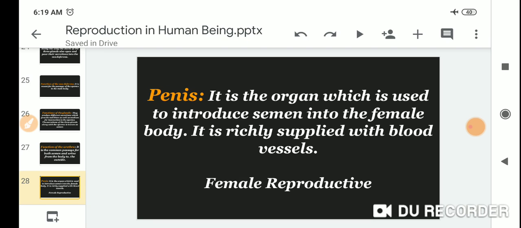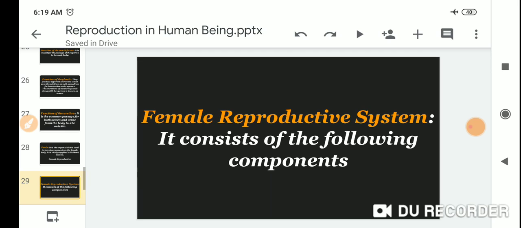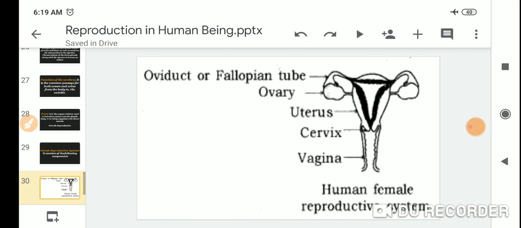Next we start the female reproductive system. It consists of the following components: first, the oviduct or fallopian tube,